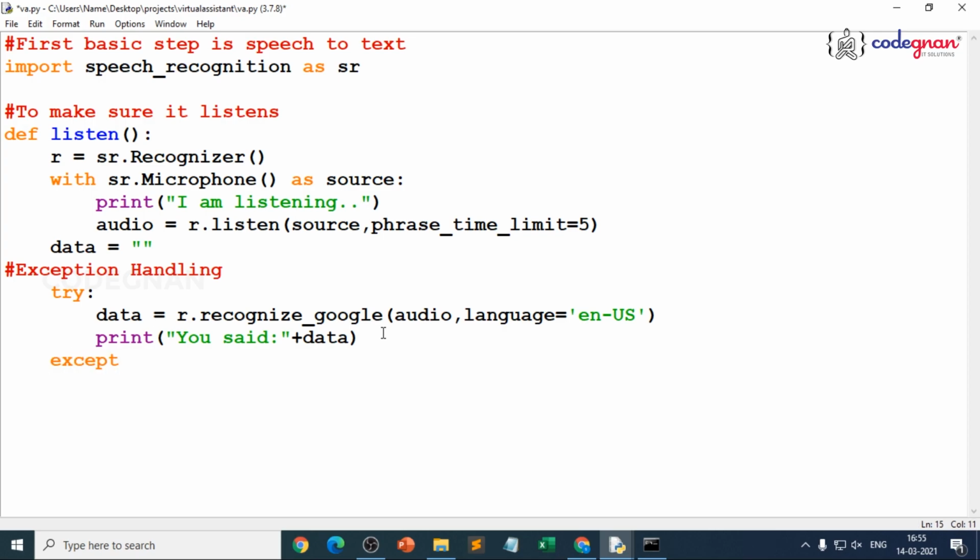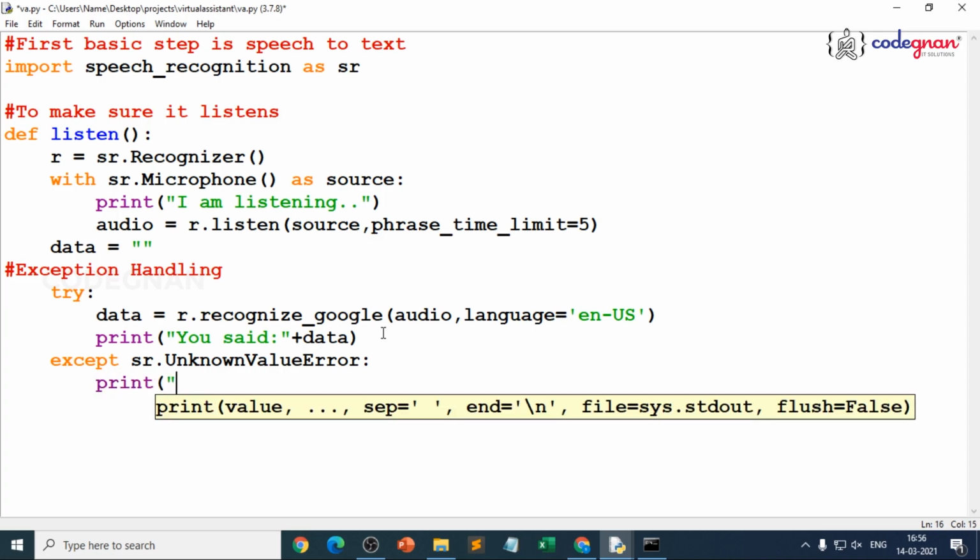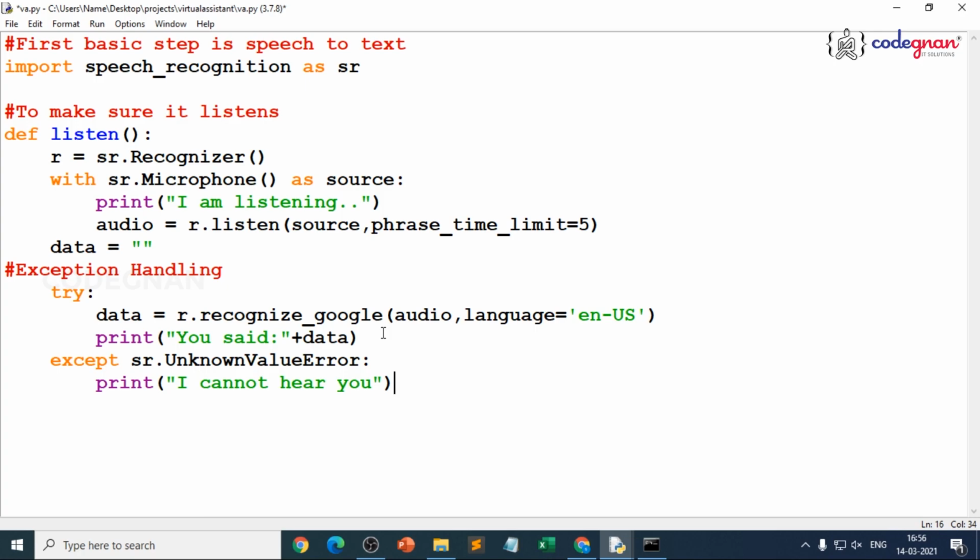So I will take multiple exceptions. First I need to raise the error which is unknown error, but that I will take from my speech recognition. That is UnknownValueError. You can give any type of error, it's up to you, you need not worry. I'll take UnknownValueError. That means if you delay, it should tell you "I cannot hear you". That's what your microphone will understand. When you try to speak, it will listen. It should throw out the result outside by giving voice, right? That's where we'll go for gTTS in that process. But here we are only making our speech recognized.